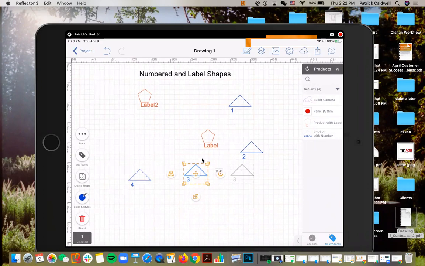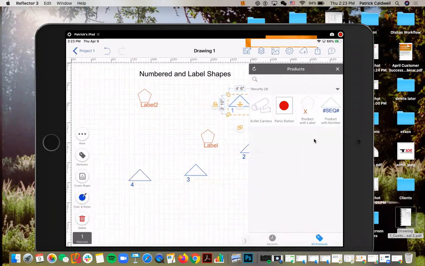It is in some ways, and let me just talk to it real quick. You can see it over here in this small display. Let me make this bigger so we can see it better. When you create a number-based shape, you add this sequence of digits here. This is the hash, SEQ capitalized hash. You save the entire piece as the shape. What that does is tell the app that this is one that needs a number. So you'll never see this on the screen, but when you drop it in, it'll have that number based on